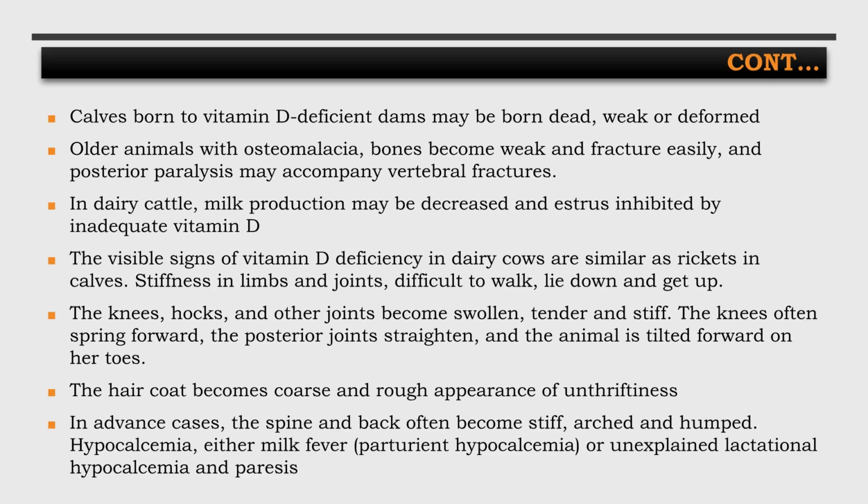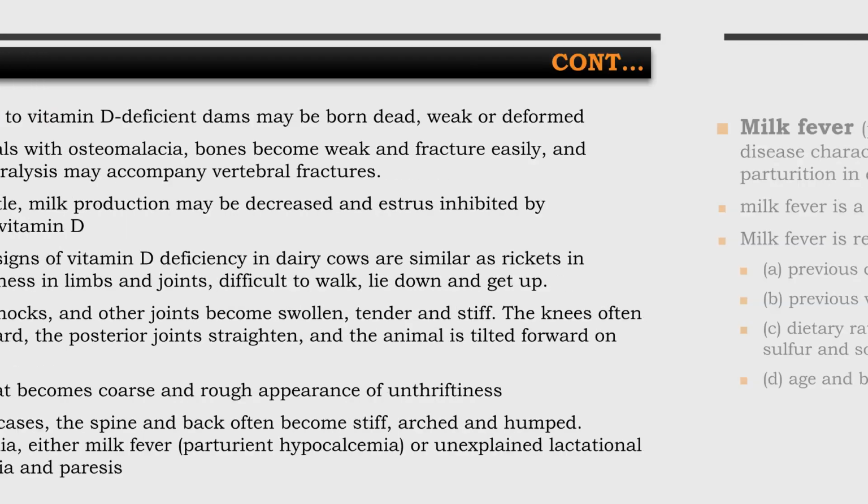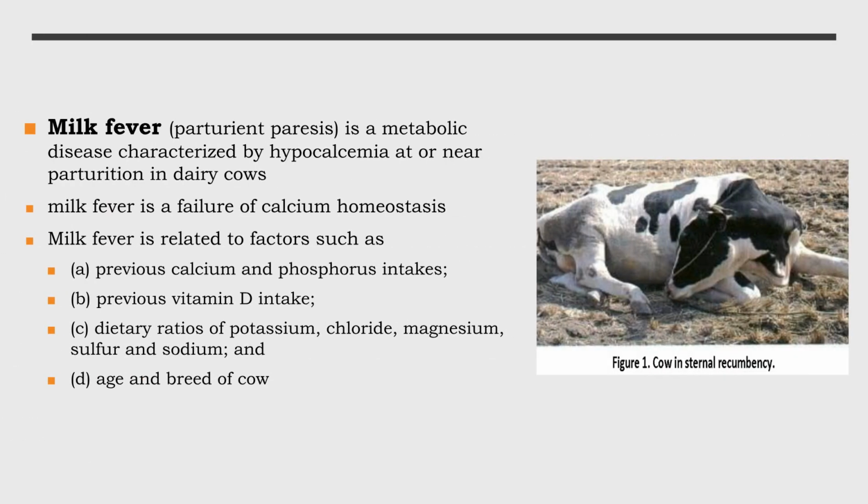Older animals with osteomalacia have weak bones, fractures, and potential posterior paralysis. In dairy cattle, deficiency can decrease milk production, inhibit estrus, and lead to hypocalcemia such as milk fever. Milk fever, or parturient paresis, is a metabolic disease in dairy cows characterized by hypocalcemia near calving due to a failure of calcium homeostasis. It is influenced by prior calcium and phosphorus intakes, vitamin D intake, dietary ratios of certain